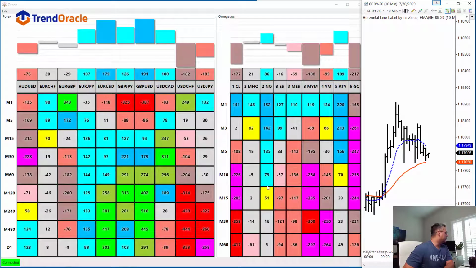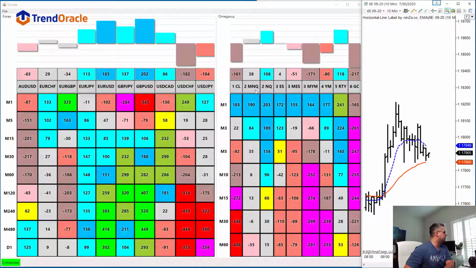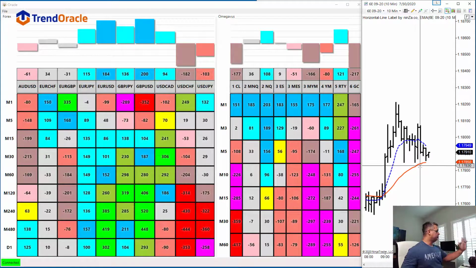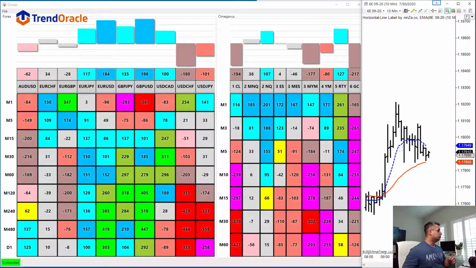All right, so here we are. First of all, on the left side, we have the Forex Trading Oracle. On the right side, we've got the indices or the futures. So what we're going to do is scan the market right off the bat. The only one that I see pretty much in balance out of all the spectrum of what we have here right now is in reality gold, right? So gold is in full alignment. Unfortunately, I don't trade gold personally, but I just want to show you